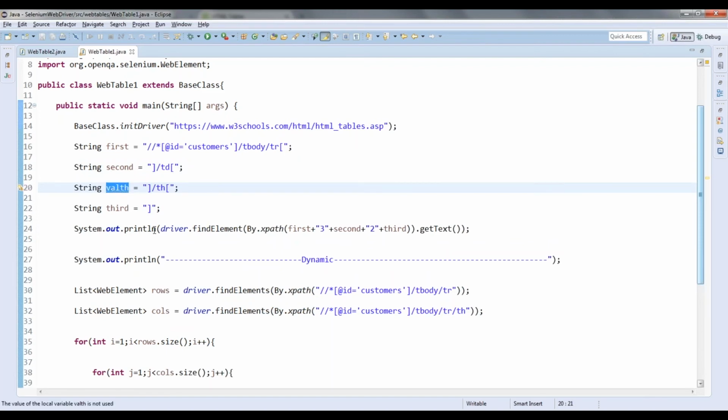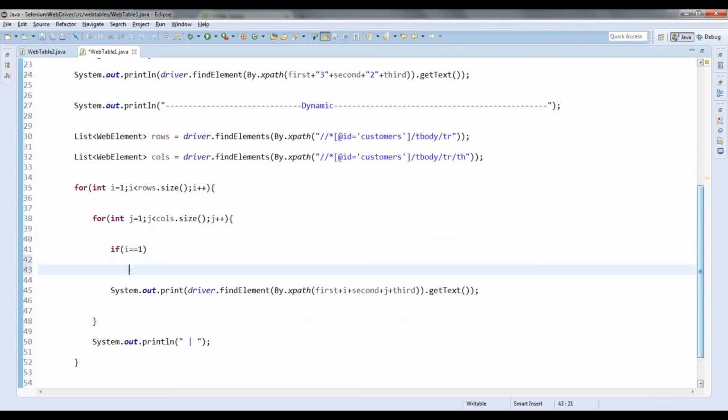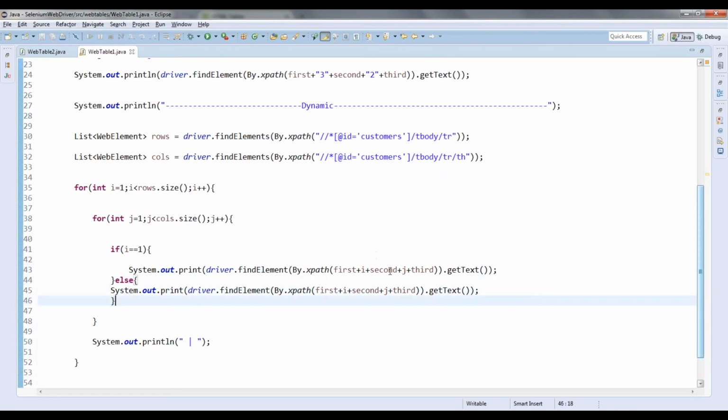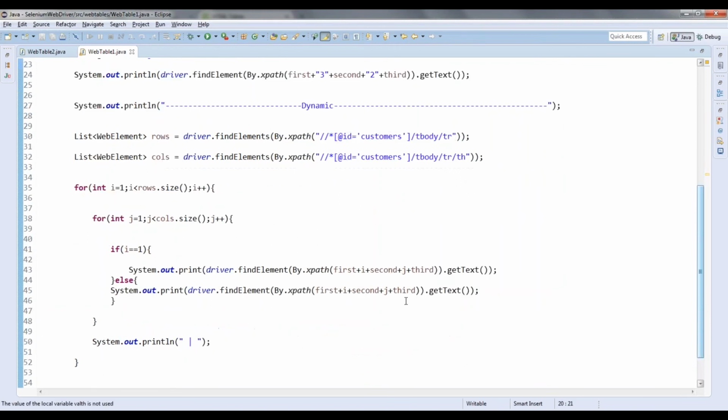Okay, so we need to use this in our entire script. So if i is equal to 1, then this, else this. So here I will use value TH, because that is the value. Is it correct?